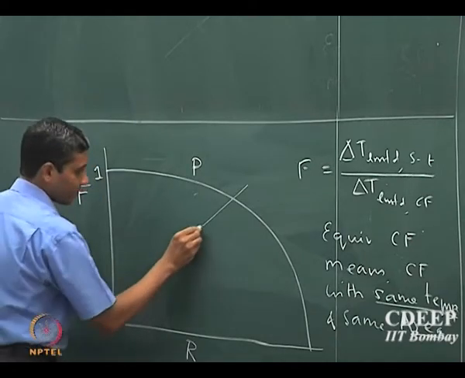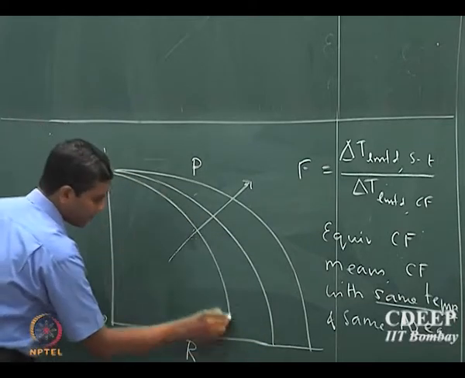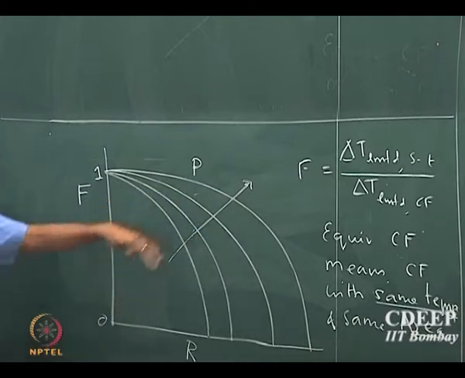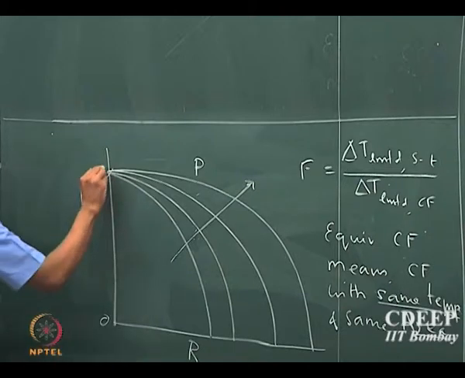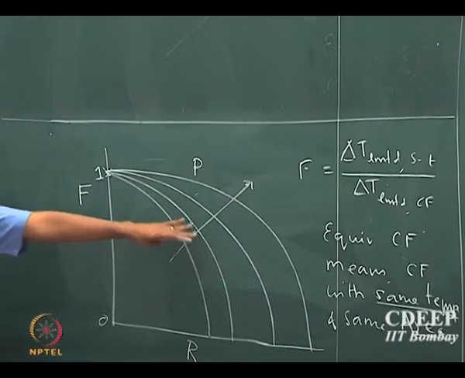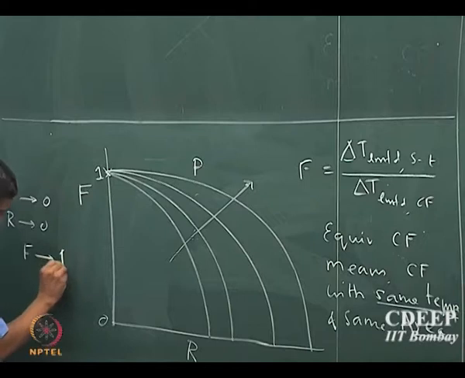Okay. So, now as P is decreased, this is the kind of profile that you will get for this fraction F. As you decrease P, you will go closer to the origin. Note that all the expressions for different values of P start from 1. Which simply means that when P goes to 0 or R goes to 0, either of these two, F will go to 1.